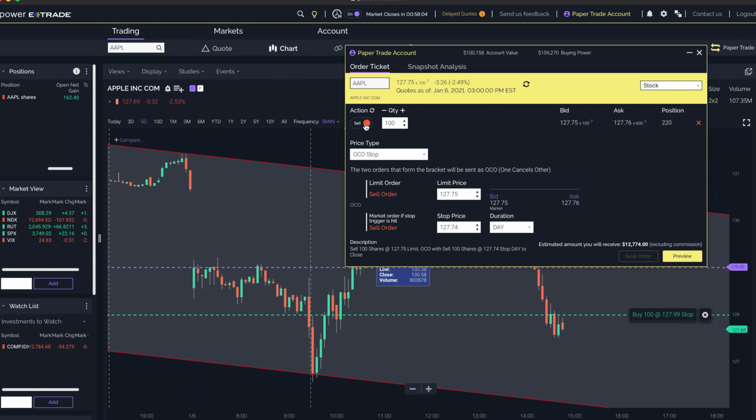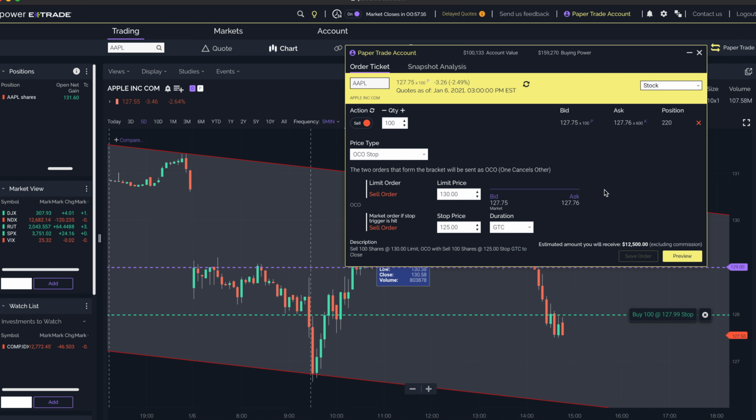This is when you already have an open position, and you can set your stop loss and take profit targets for your limit price, which is going to be your take profit, because when you're buying, for you to take profit, that must be over the current market price. You're going to be using this little box right here. So this is your take profit, which is the limit, and the stop will be your stop loss. So let's just put 130 for the take profit and 125 for the stop loss,